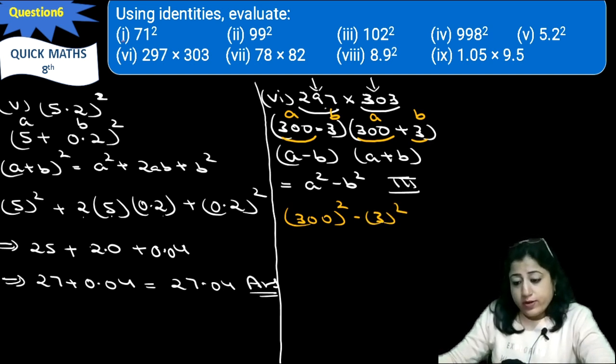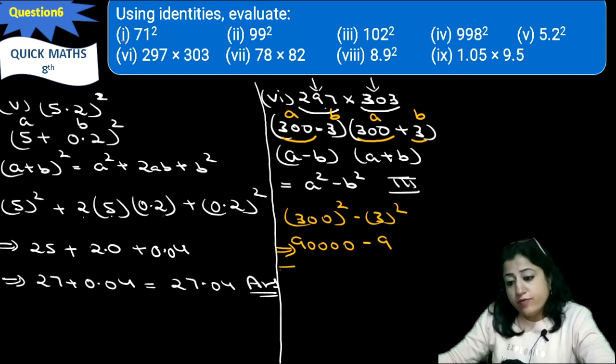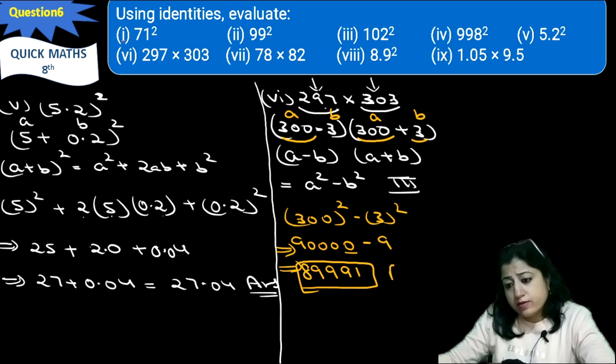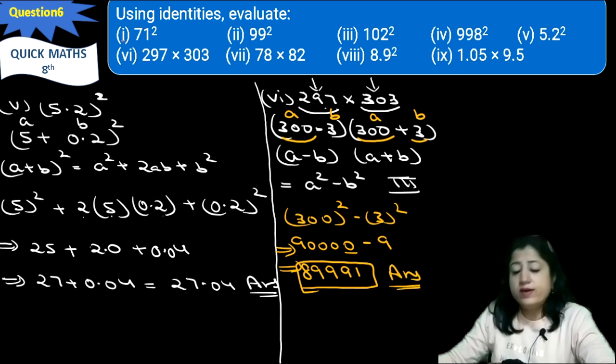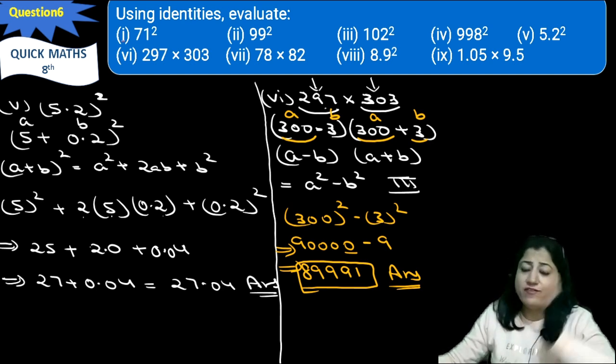So what is the square of it? 9, followed by 4 zeros, and the square of 3 is 9. So the answer will be 10 minus 9, it is 1. This will become 9, 9 and 9, and this will become 8. So this is the required answer of the multiplication of both, and it is quite easy. We need not multiply three-digit numbers with three-digit numbers and do heavy calculation.